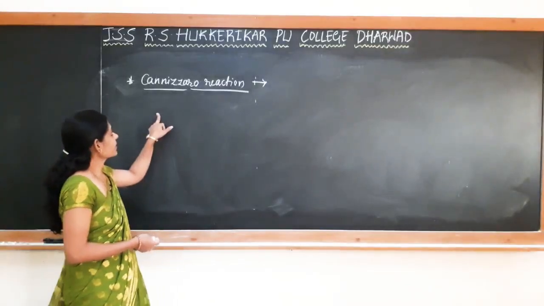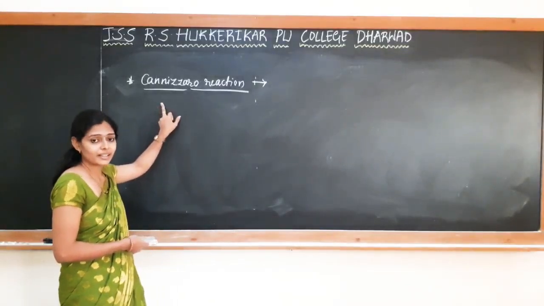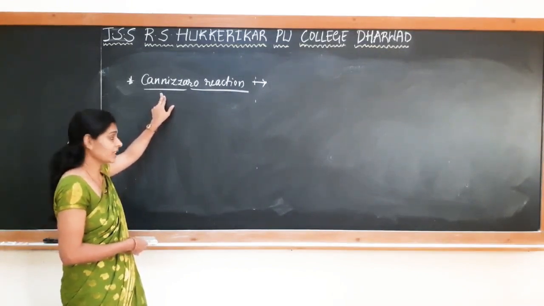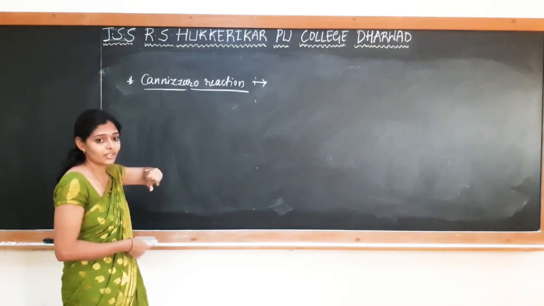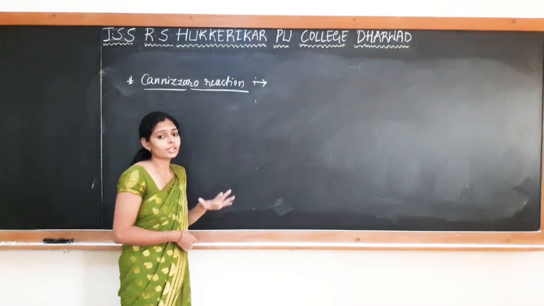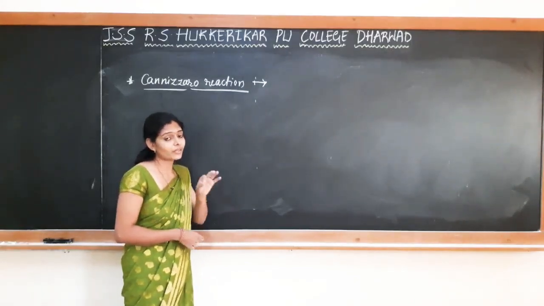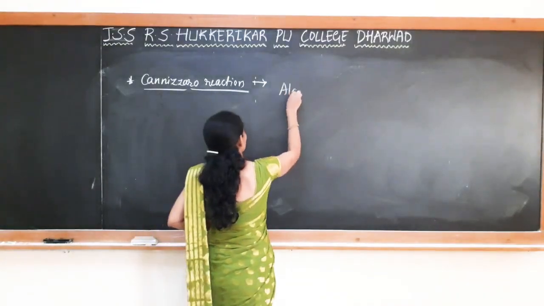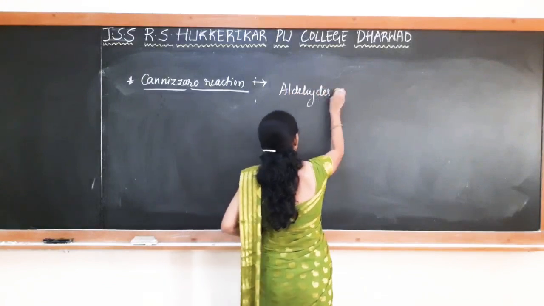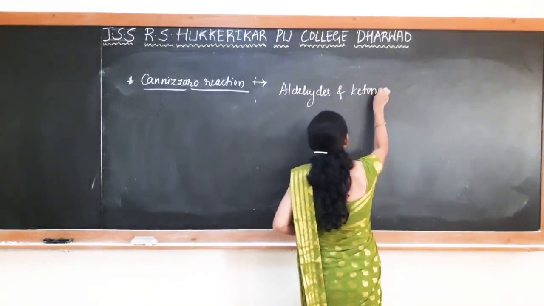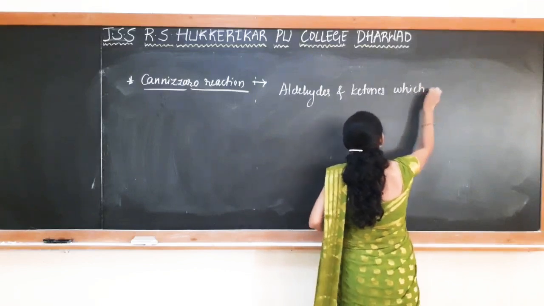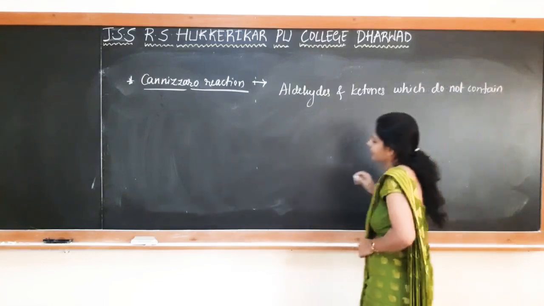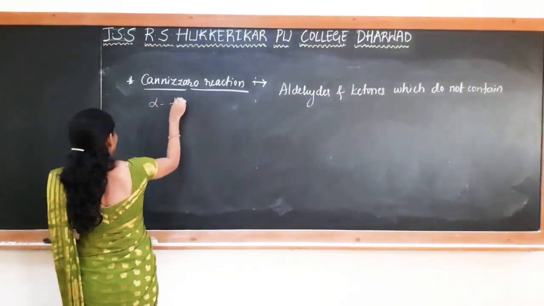Now we will go to the next reaction, which comes under miscellaneous reactions. This is the Cannizzaro reaction, very important for the examination. In the Cannizzaro reaction, the condition is that the aldehyde or ketone should not have an alpha hydrogen atom. In absence of alpha hydrogen atom, it takes place. So the reaction is, aldehydes and ketones which do not contain alpha hydrogen atom,